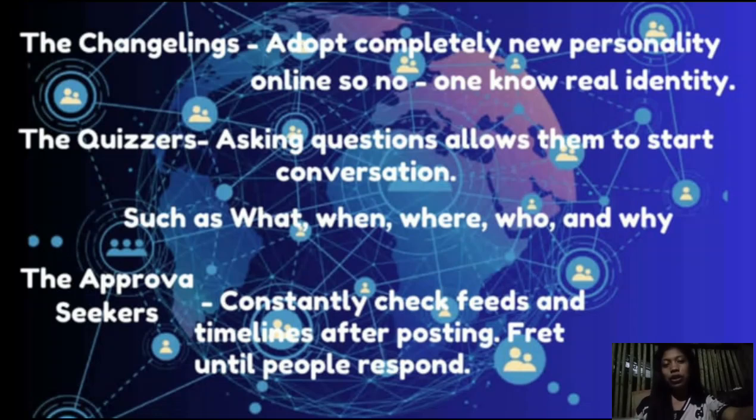Asking questions allows them to start conversations such as what, when, where, who, and why. So the quizzers like to ask questions to start conversations. They often use questions like what, when, where, who, and why to engage with other people online.